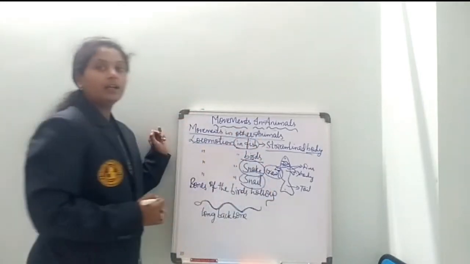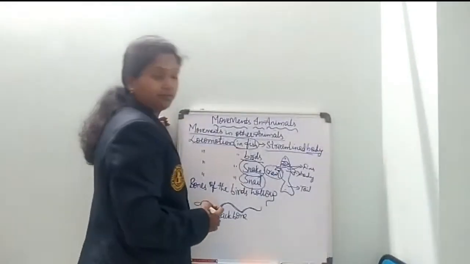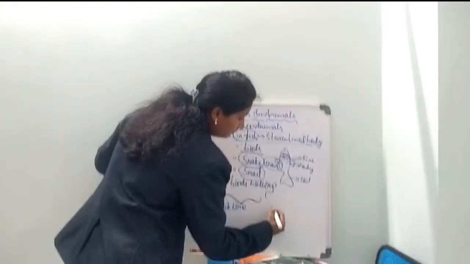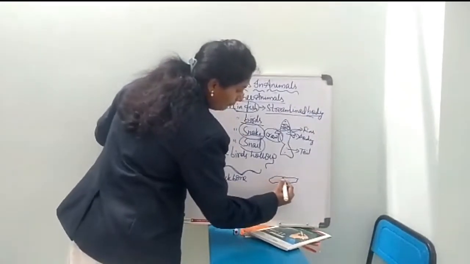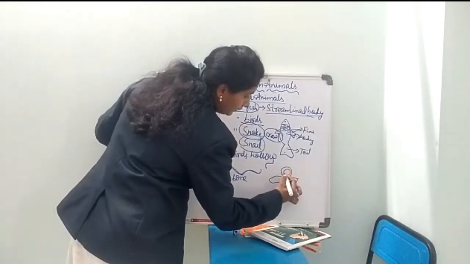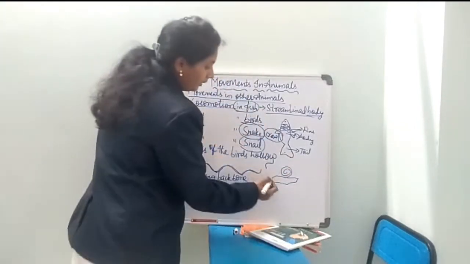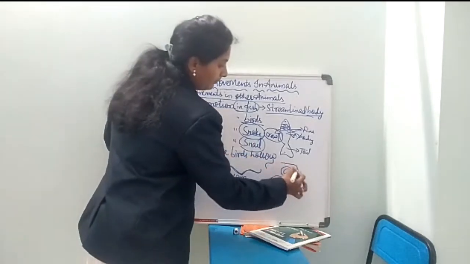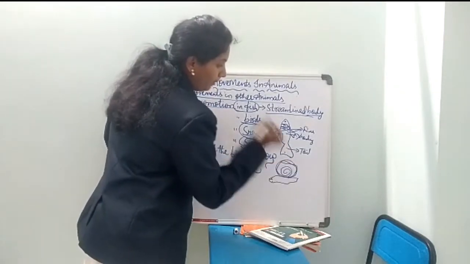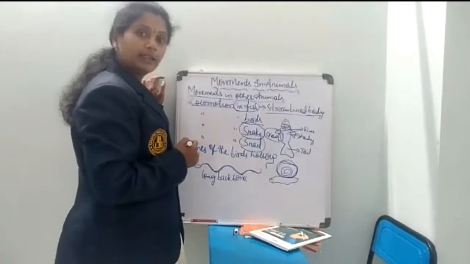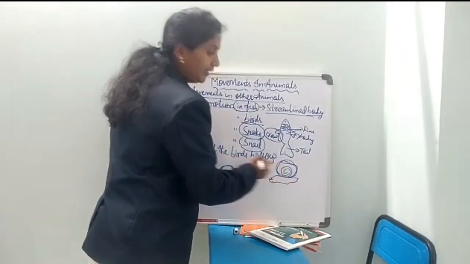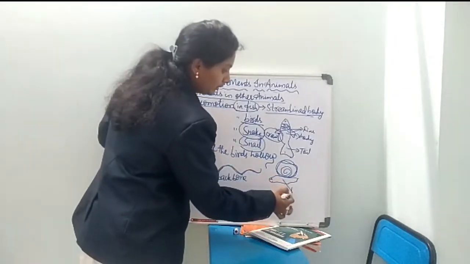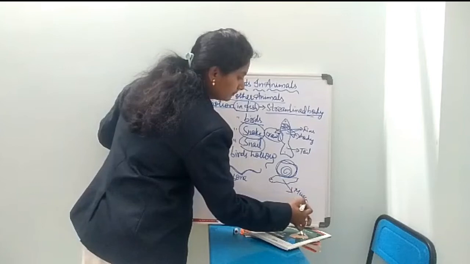Next, coming to the snail. Generally, we find snails in the rainy season. If you observe the body of the snail, it will be like this. The part which comes out on the top of their body, you know what it is? It is called a foot. And where is it coming out from? From the shell. So this part is called the muscular foot.